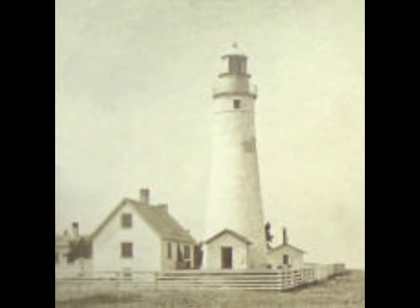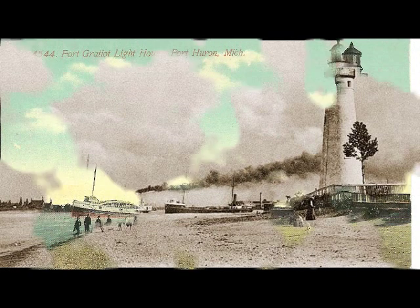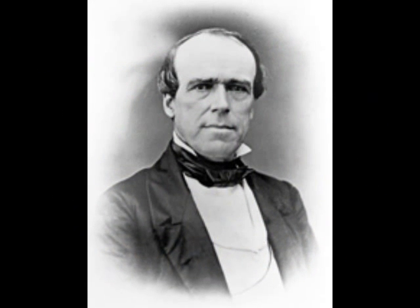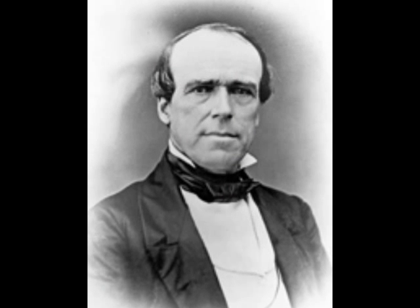This is the oldest known picture of the lighthouse in its present-day location, taken in 1871. Here are two early postcards. This one is black and white, and this one here is colored. Makes a difference. This time the bid for construction was awarded to Lucius Lyons, who was the Deputy Surveyor General